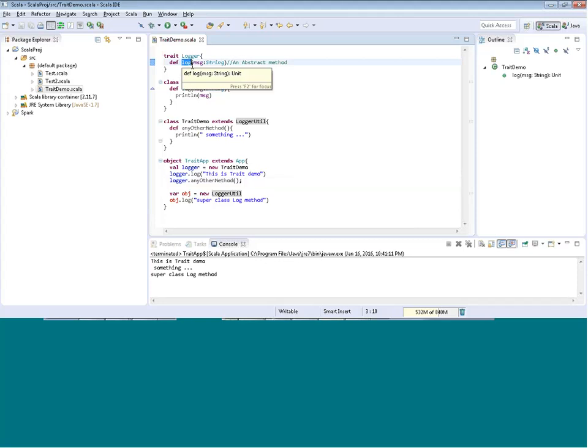But how that logging will be implemented depends on the class which is going to implement it. So in scenarios where you want more loosely coupled programming, if you have worked on Spring or any such framework, you would know that programming to interface is the best design for any programming, which means you should always try to have less dependency between the